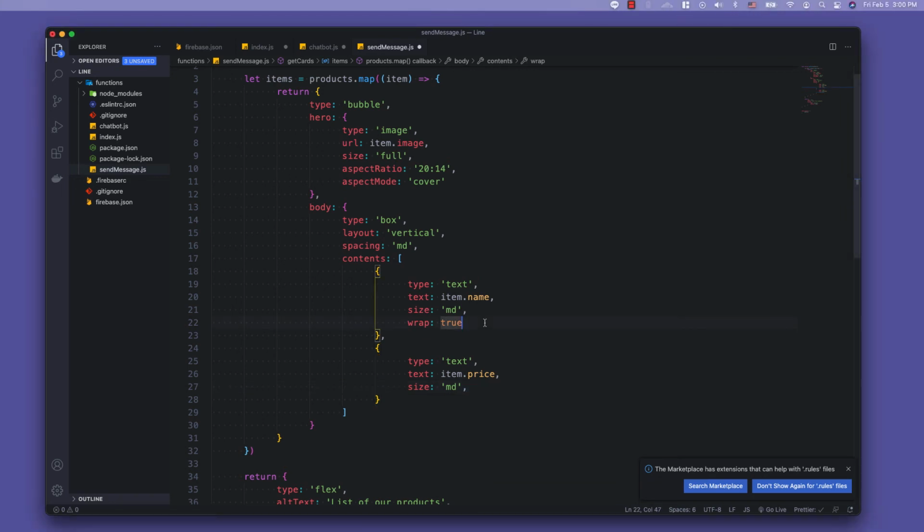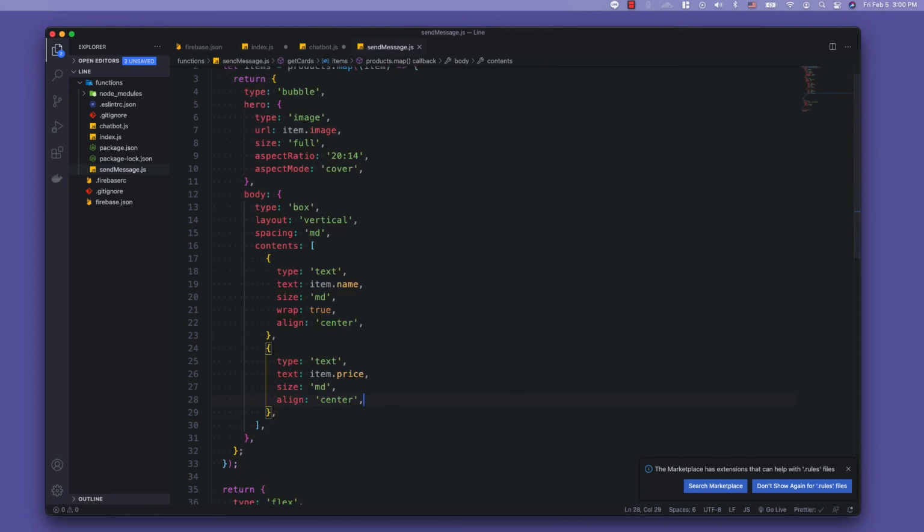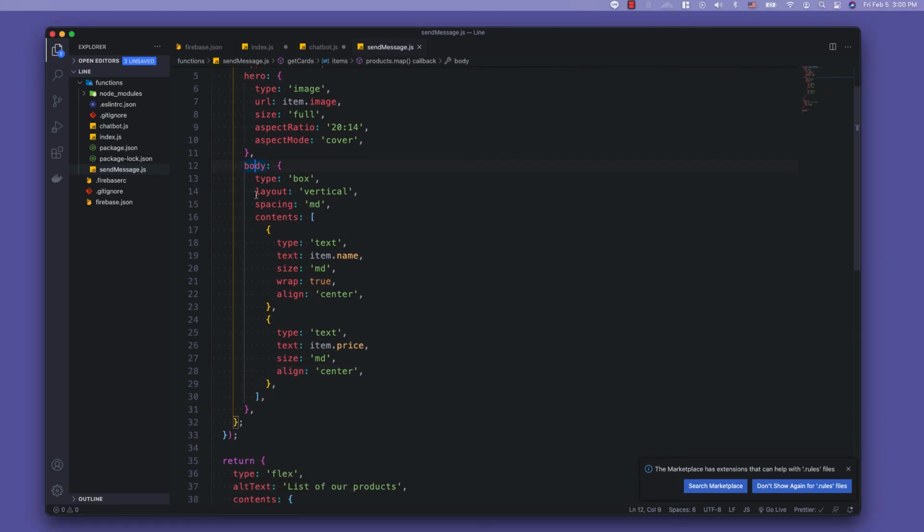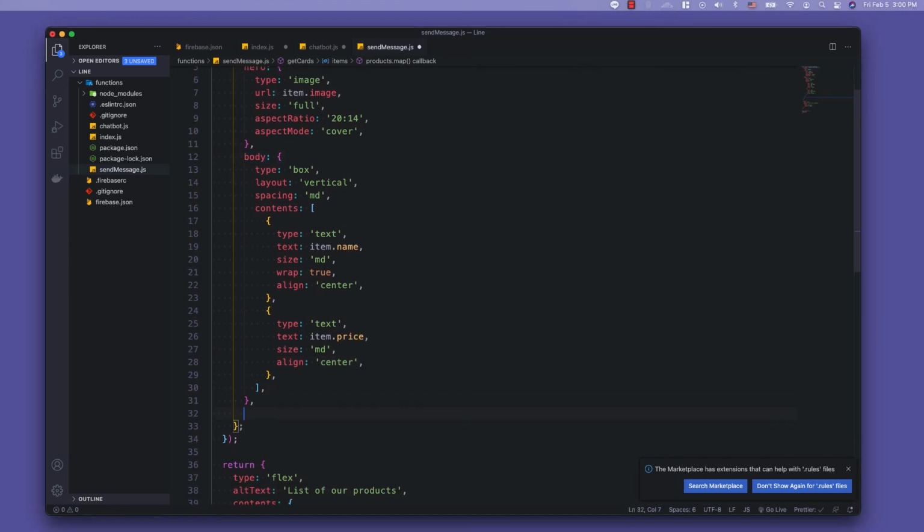And let's add one more here. So I want to align the text to center, same with the price, save. Now we have a hero body and last footer,